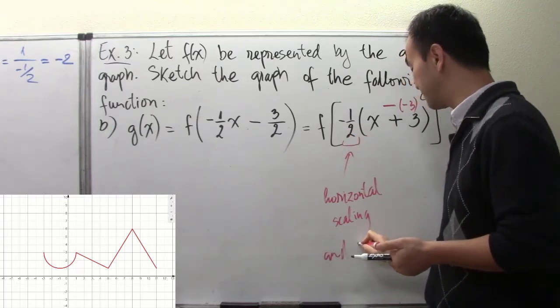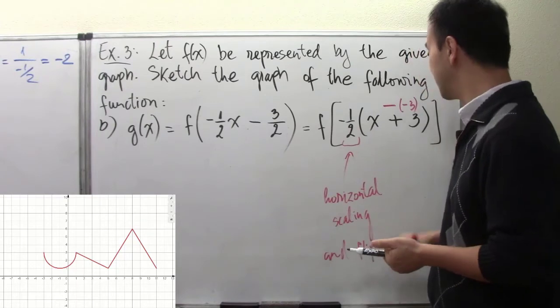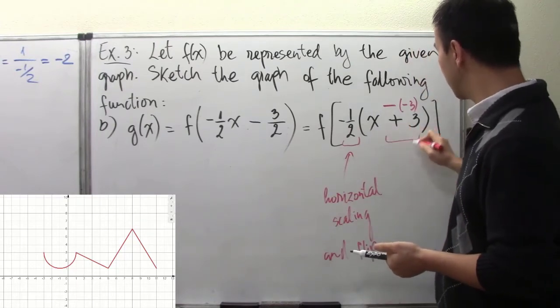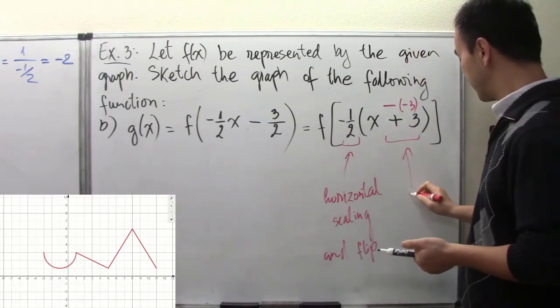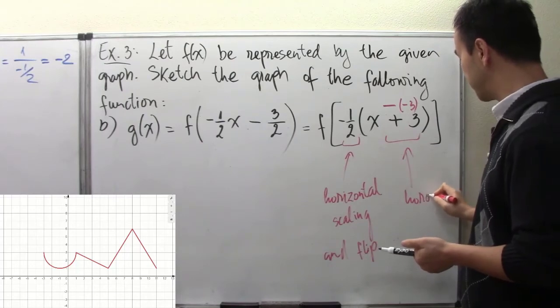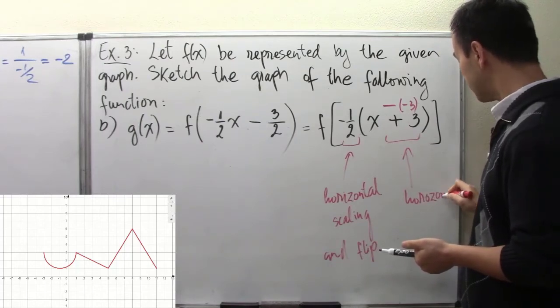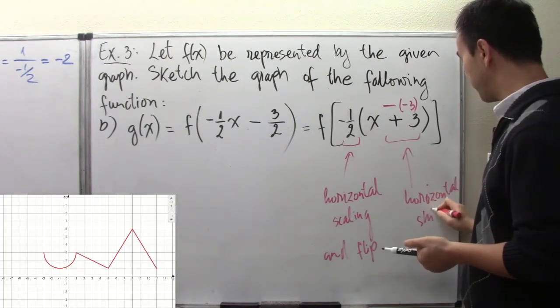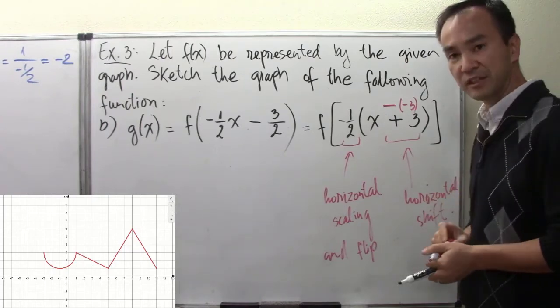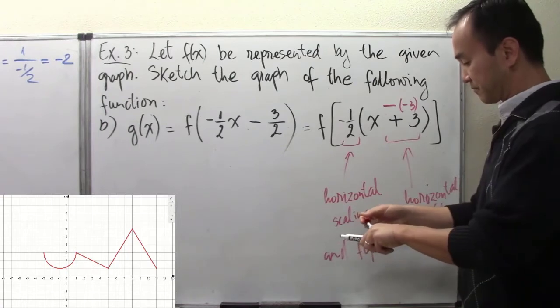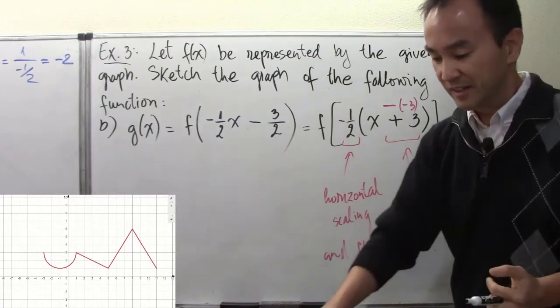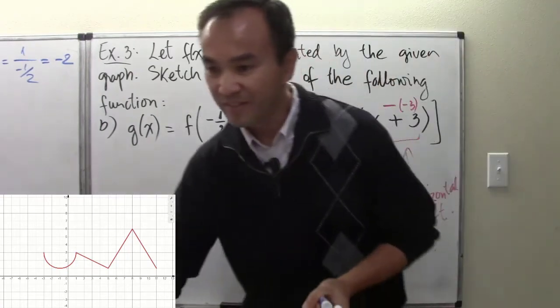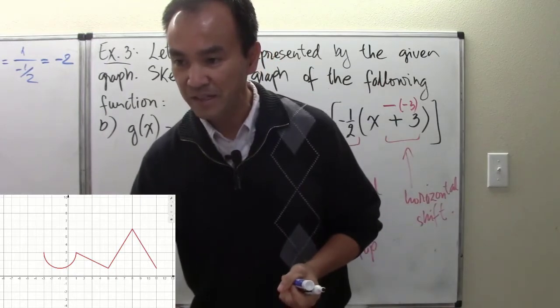There's some flip, and then this value right here is responsible for the horizontal shift. Okay, horizontal shift. All right, so we will have two transformations being expected here. All right, so now at this point, once we have picked up the pace a little bit,